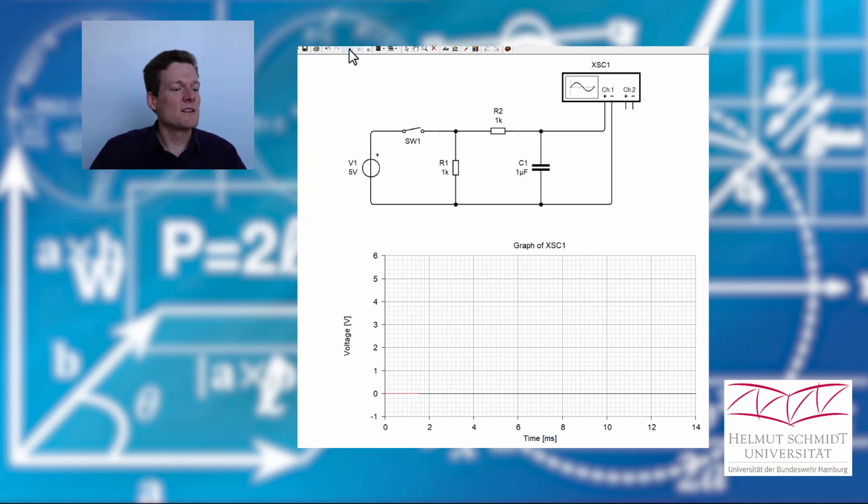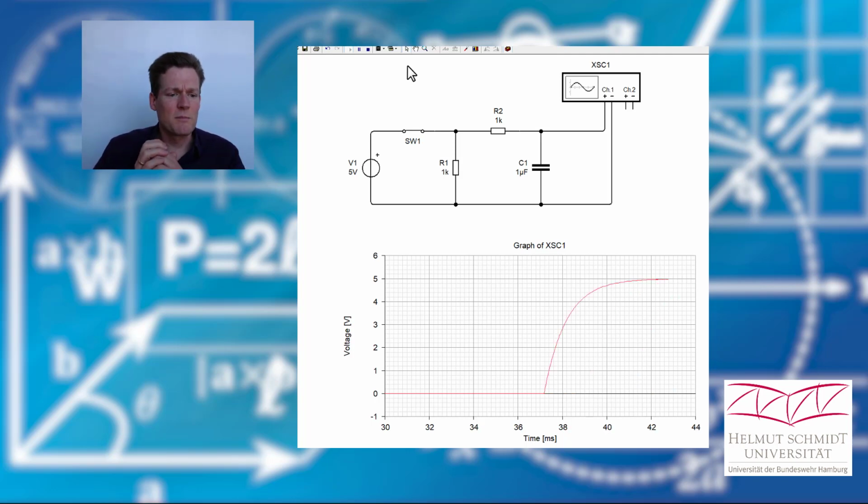Okay, I will start the simulation. You see here we have 0 voltage at the capacitor. Don't wonder, the switch is still open, so no source is connected to our circuit. Okay, and now I close the switch. And maybe the voltage drop at the capacitor rapidly jumps to the value of 5 volts. That would be if it behaves like an open circuit. Okay, I close the switch and